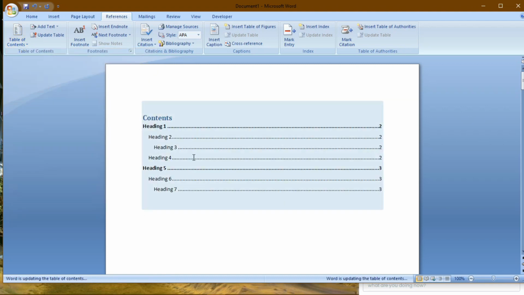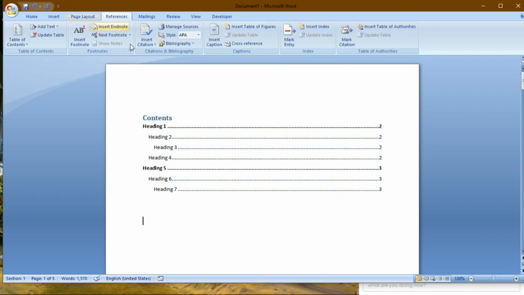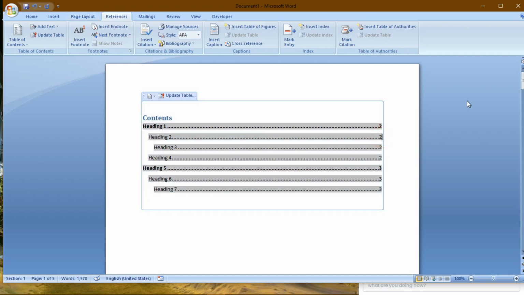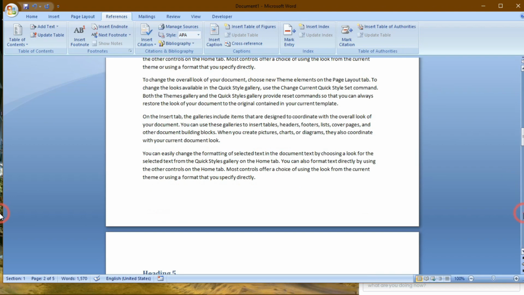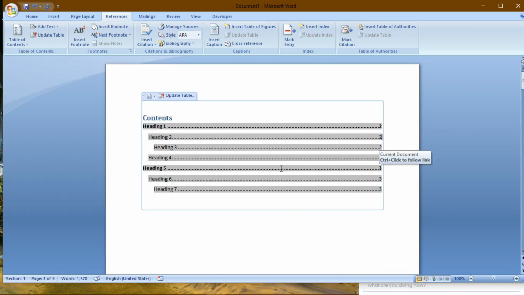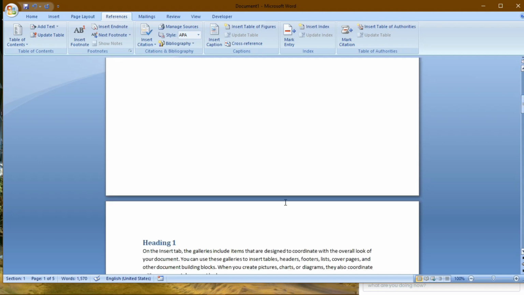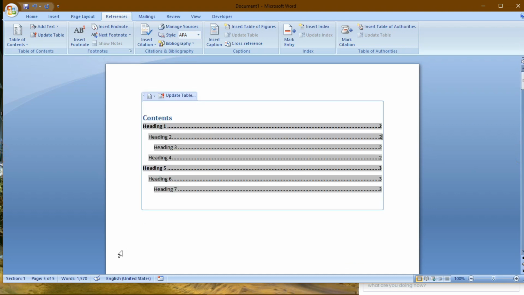So here you see I didn't update anything in the table of content, I just inserted it. But what you can see here is headings with proper page numbers are already inserted. I didn't need to manually edit this. So this is the benefit of an auto updating table structure. You see heading 1 is on page 2 and heading 5 on page 3. Let's check it out. Yeah, heading 1 on page 2 and heading 5 on page 3. You see, this is what I am talking about.